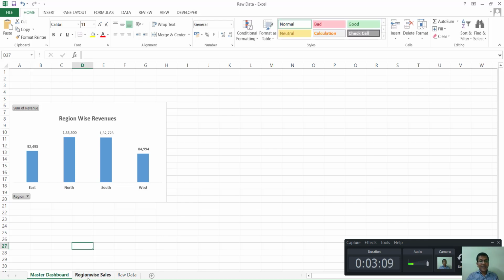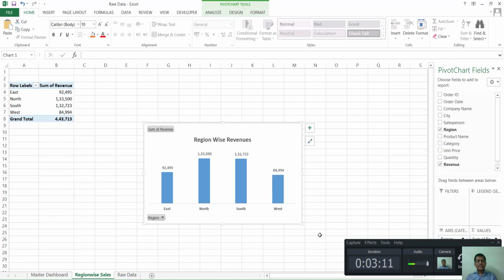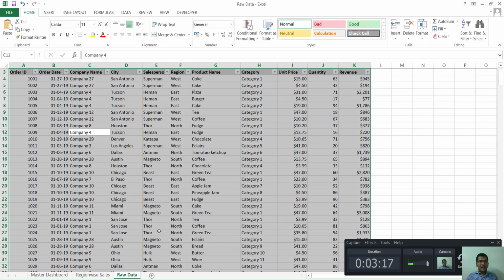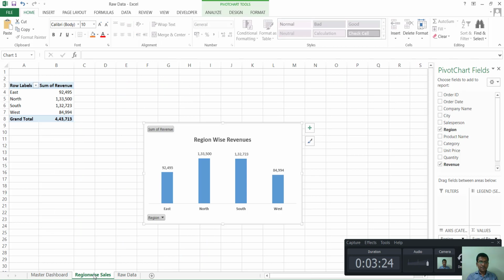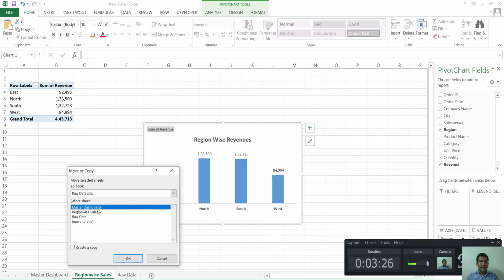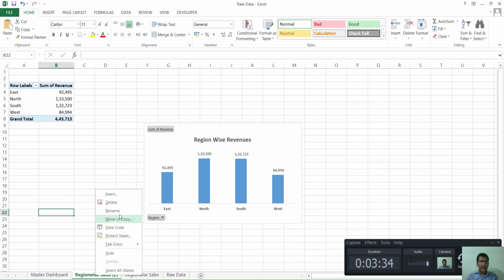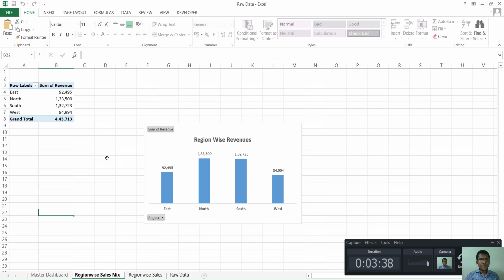Right now the next thing in my endeavor here is that I want region-wise revenues. The absolute numbers are fine, but as top management I also want to understand, okay, north, east, west, south, I have my different management capabilities. Which region should I focus on the most? So I create another category here. I create a copy of this sheet, before region sales, and this becomes the second sheet. So maybe this is the mix.